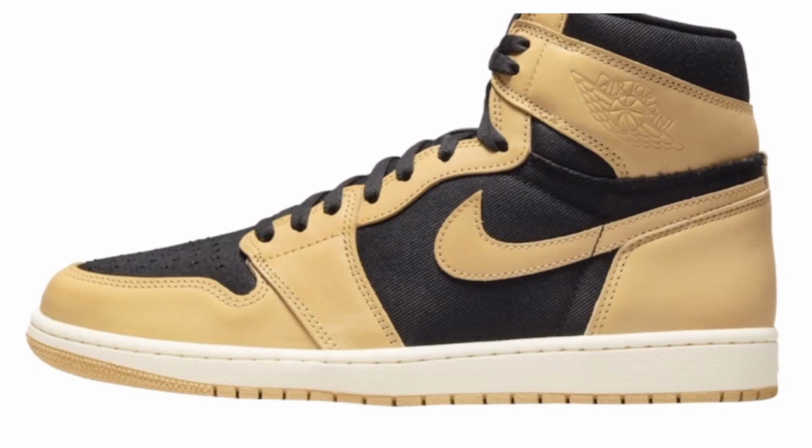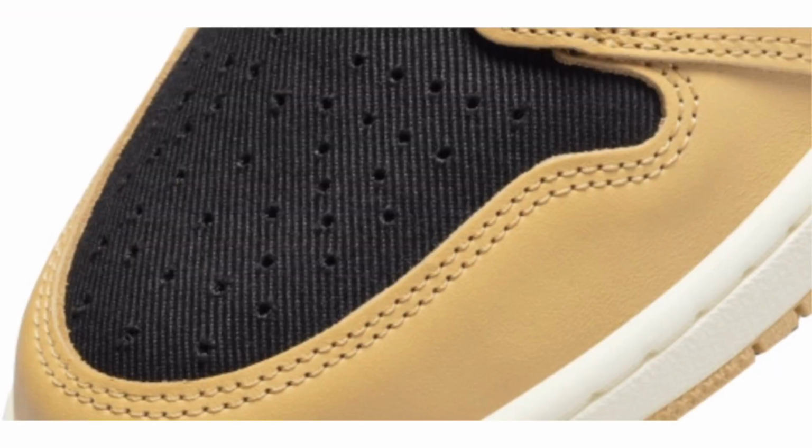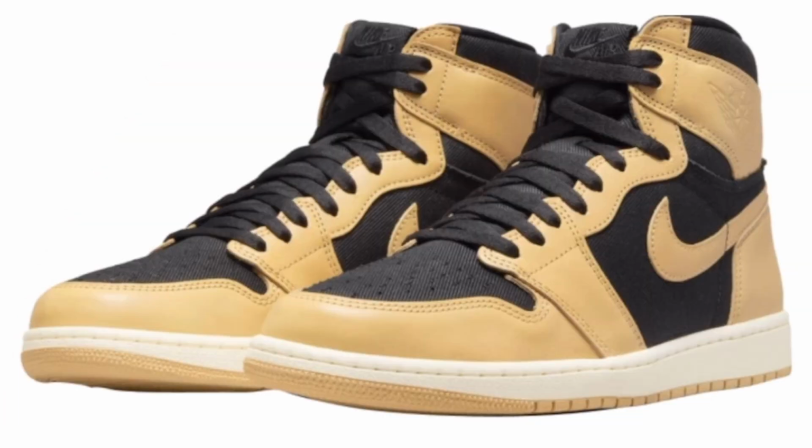So now starting on September 17th, you do have the Jordan 1 High Heirloom releasing for a retail of $170. Now this shoe consists of yellow leather throughout the whole upper and the overlay, and for the underlay this shoe does offer a black denim along the toe box, the middle panel, and along the top portion of the shoe. And for the midsole you do have a white midsole, and for the outsole you do have that